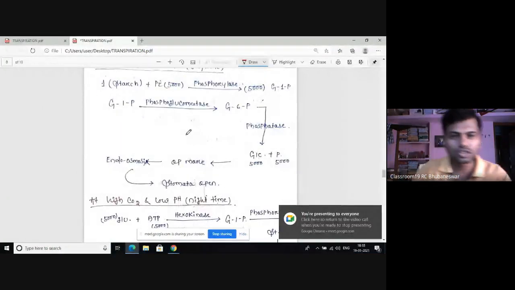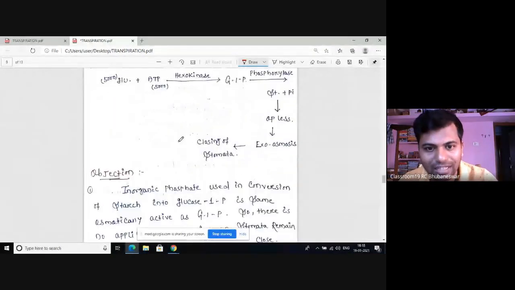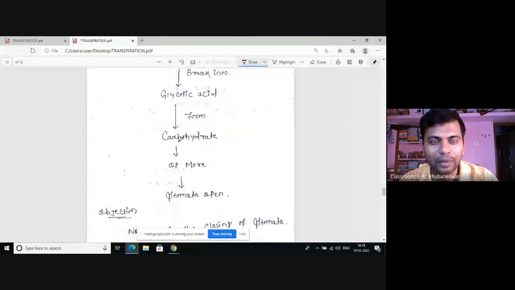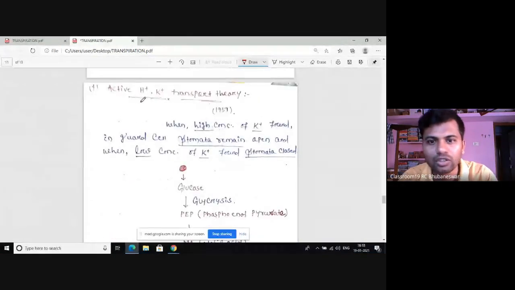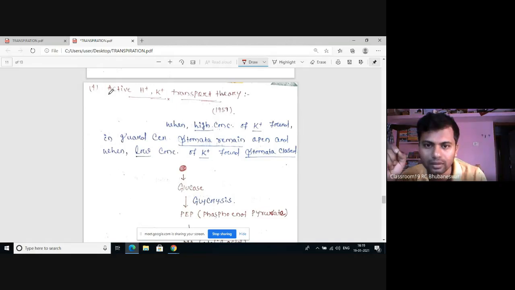First we have discussed the most important theory that you have to explain in the examination, and this theory is the active H plus K plus transport theory, because you have to explain this in the examination. So first we have to explain this active H plus K plus transport theory, which was given by